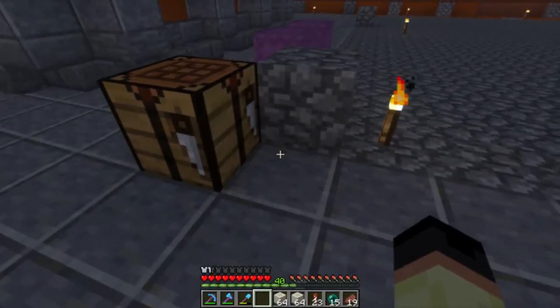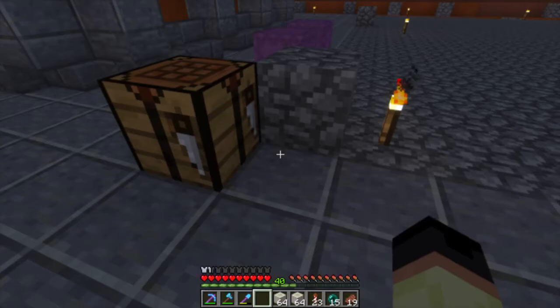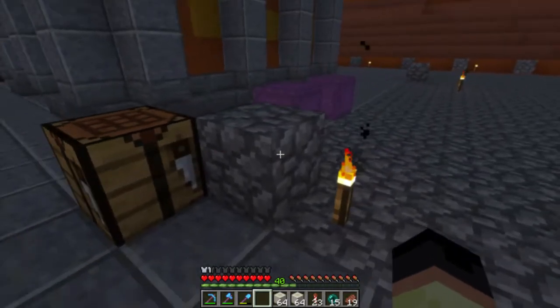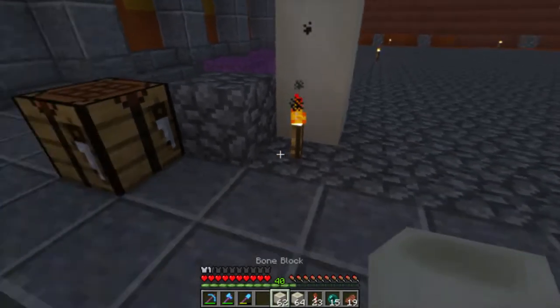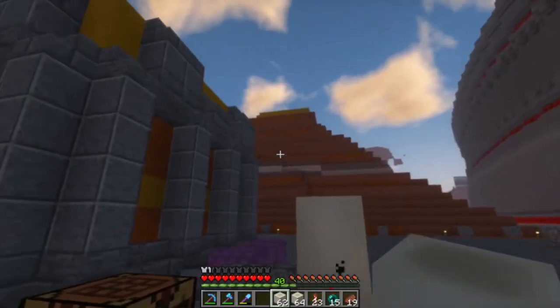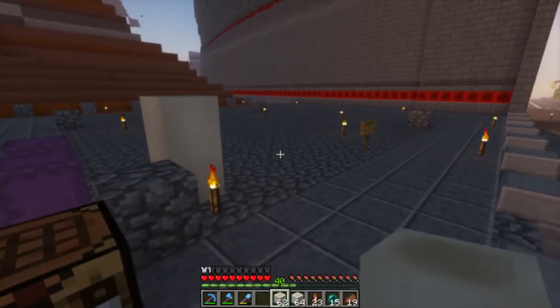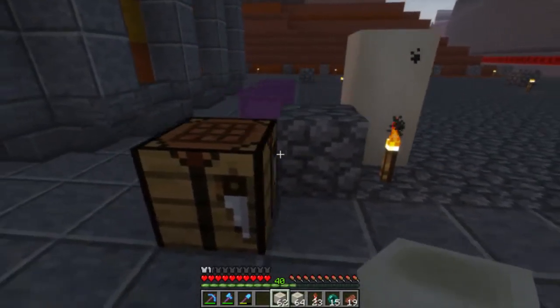Now, let's see. That means that I'm going to need, if I go diagonal, I guess right here? Maybe? Let me think. Yeah, I guess that's it. All right, so that's going to be pretty... Yeah, we're going to be pretty snug, man. Maybe...